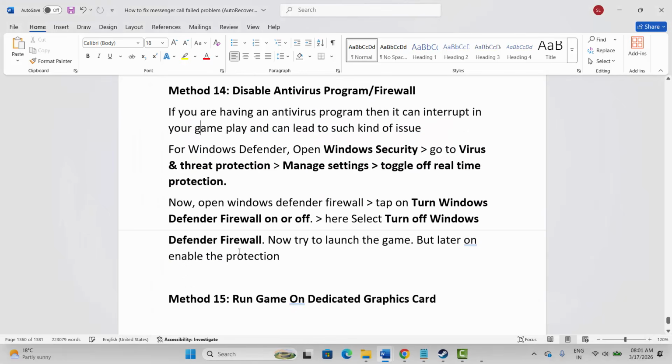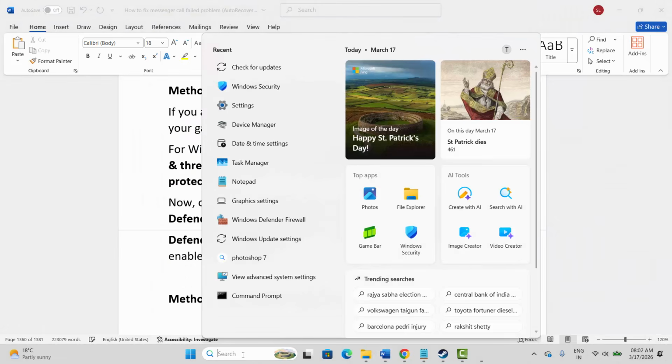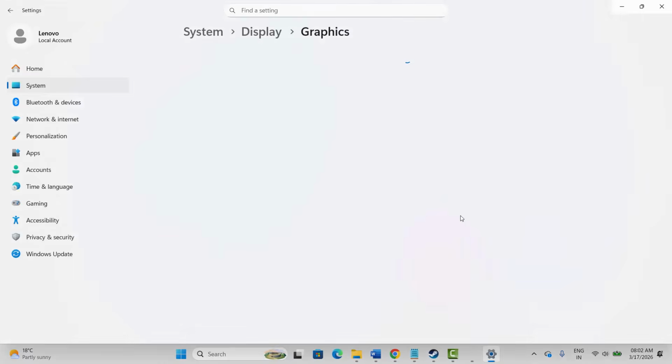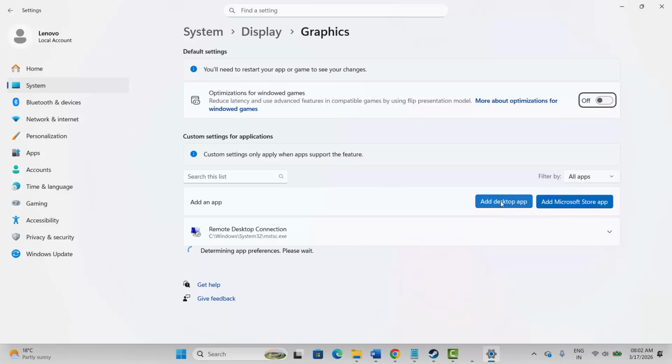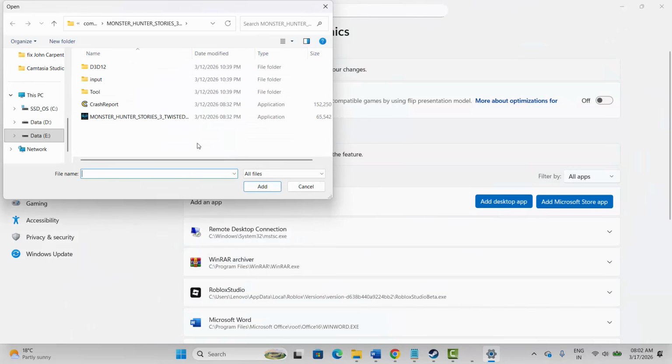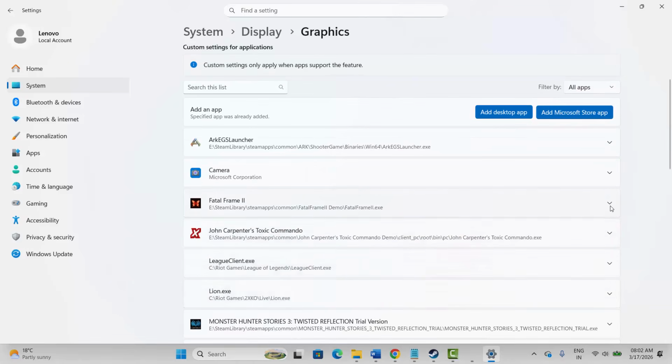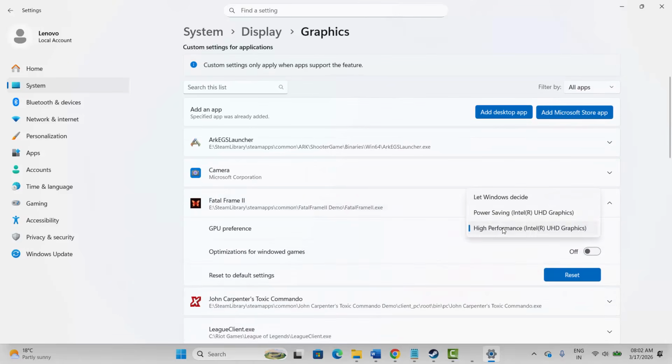Next is to run game on dedicated graphics card. So for that, go to the Windows search, search for graphics settings. Now here you have to add your game to the list first. For that, click on add desktop app, go to the game folder, select the game application, add it to the list over here. After adding it, click on the arrow icon. Under GPU preference, you have to select high performance, and after selecting high performance, now try to launch the game